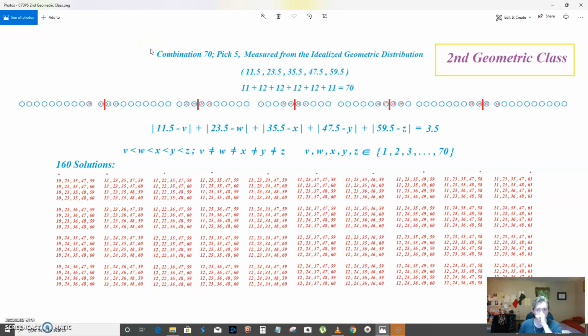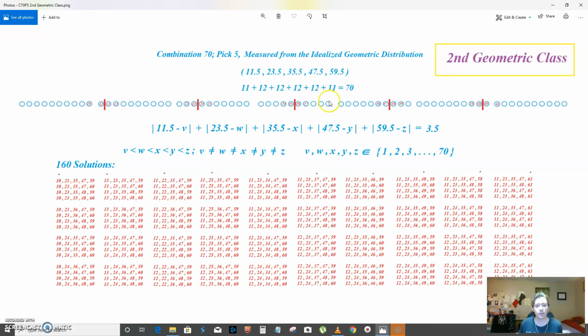Okay, so the second geometric class has a value of 3.5, and you'll note that we expand the possible location, position, or picking point, however you want to say it, for each one of the balls off of each standard, and it is one off on just one of them. The other 4 have to be on. And in allowing just one pick to be one off,